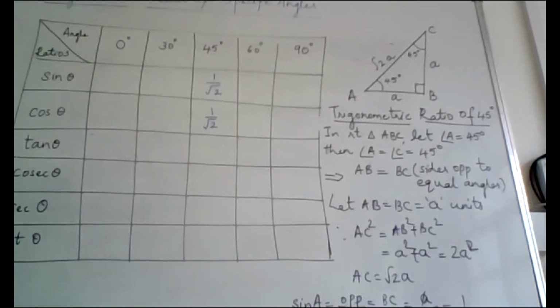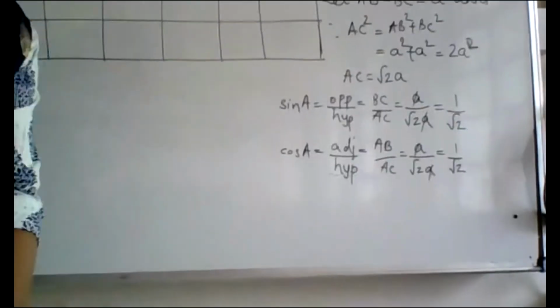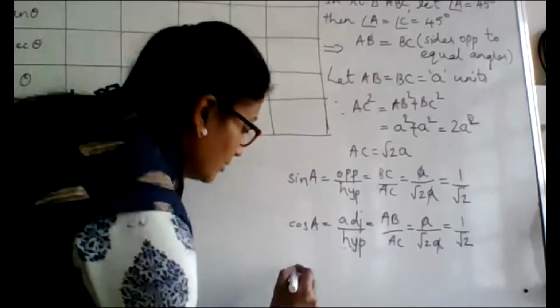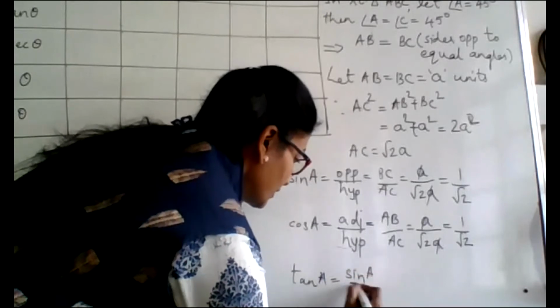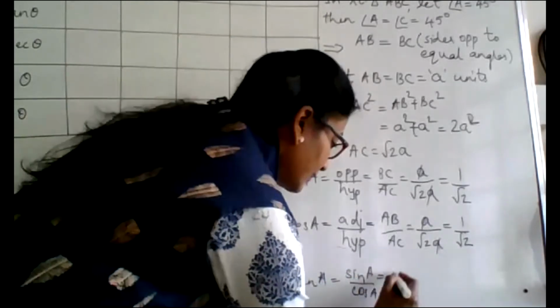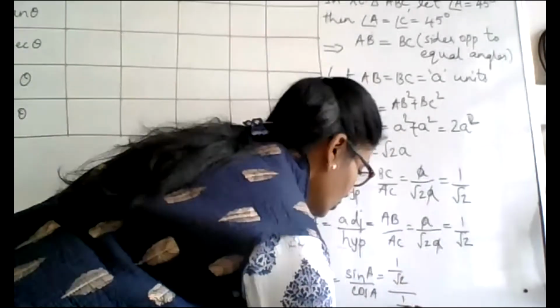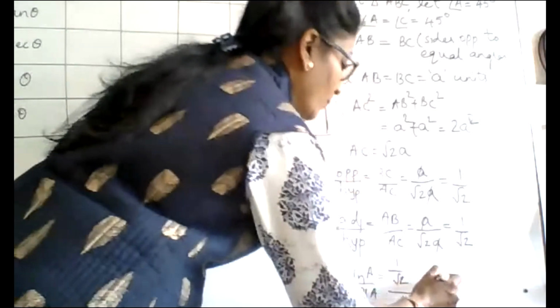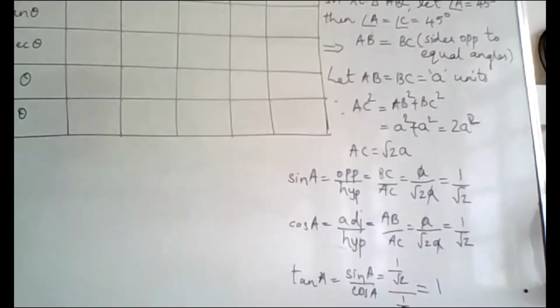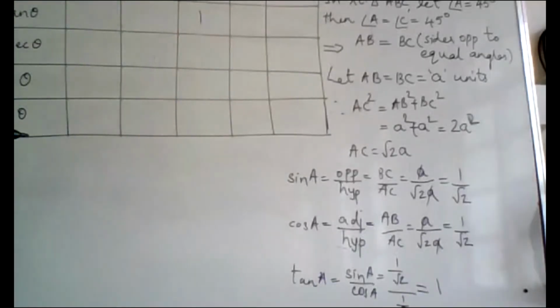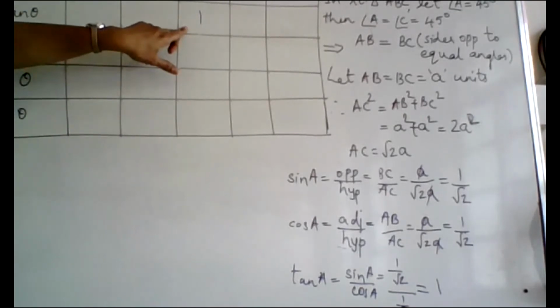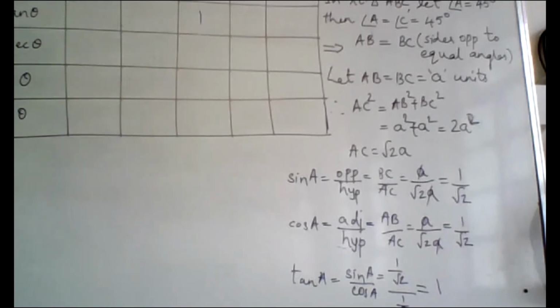What is tan of angle A? Tan is nothing but sine by cos. Yes, Samiksha, what is that? Have a doubt? Your screen is popping into me. Sine A by cos A is your tan A. Already I got my sine of angle A as 1 by root 2. Cos is also 1 by root 2. So what is 1 by root 2 by 1 by root 2? It will be equal to 1, because the numerator and denominator are the same. So my tan of angle 45 is your 1.